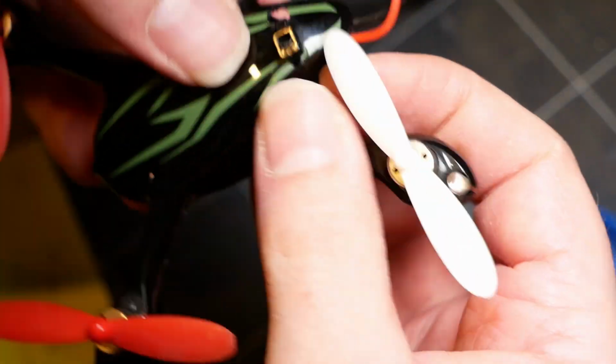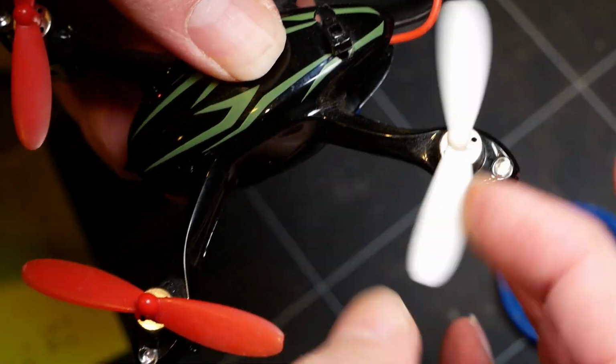All done. Let's give it a test then. Of course, you should never test any drone inside with the props on. Otherwise,